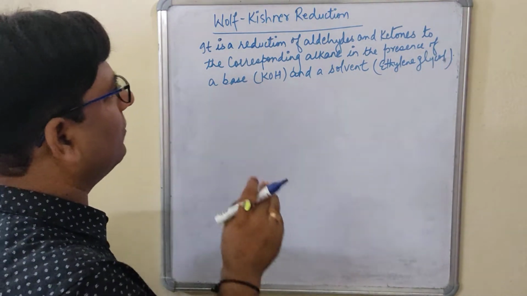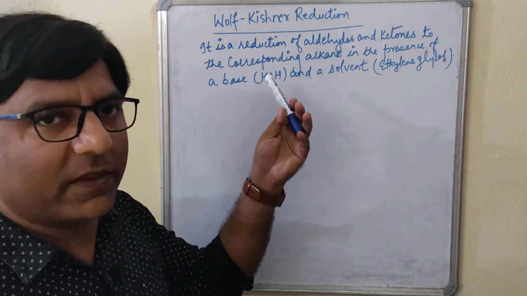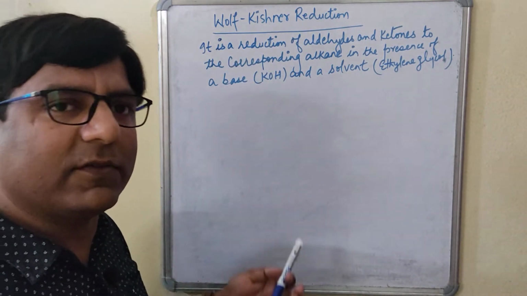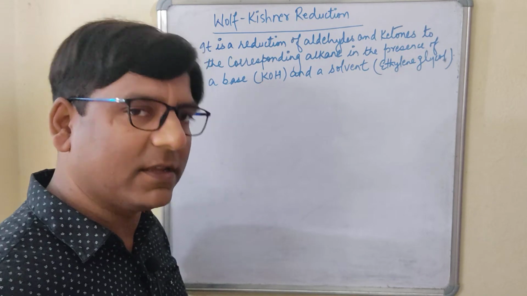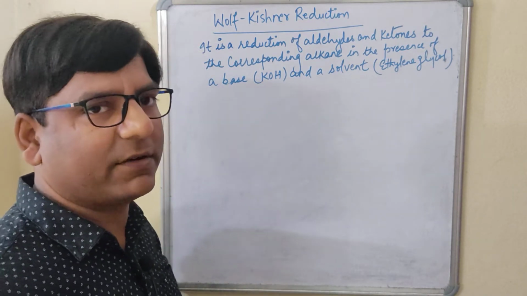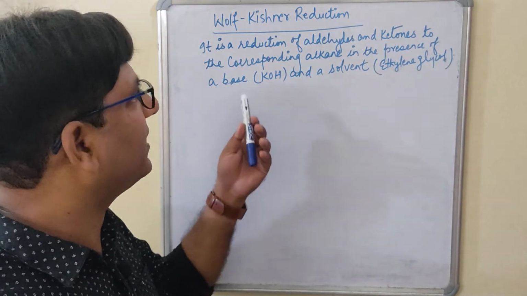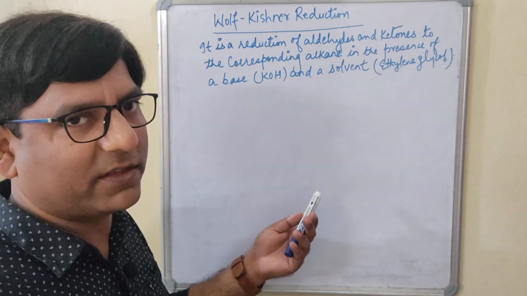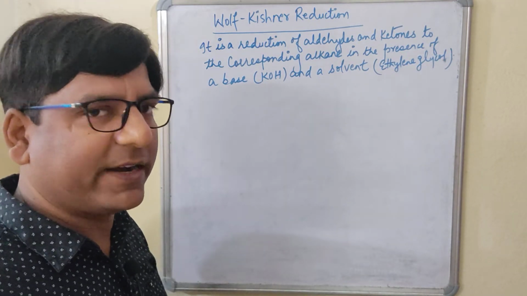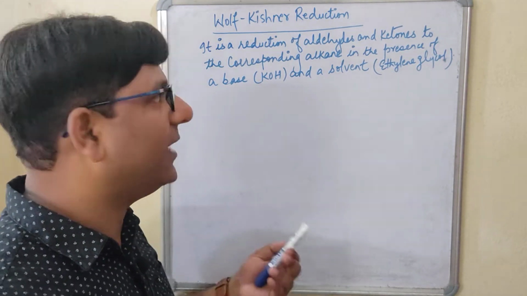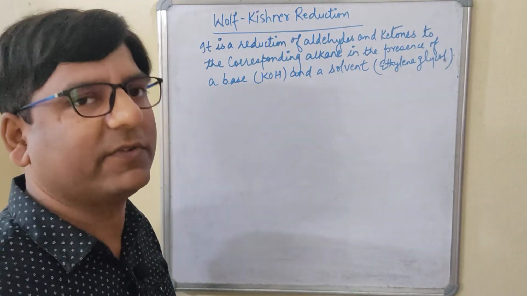Okay. Now, where is the difference, students? See, this reaction is also the reduction reaction. Okay. Similar to that of the Clemmensen reduction. So if you have not seen that Clemmensen reduction reaction, students, do see the Clemmensen reduction reaction first, so that you can get the idea what type of reaction it is, how we are carrying out the reduction process, and what is the product of it. What is the substrate and what is the product. So that you can correlate with the Clemmensen reduction reaction. That is my previous video lecture.